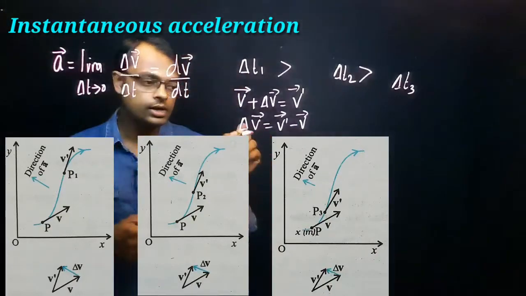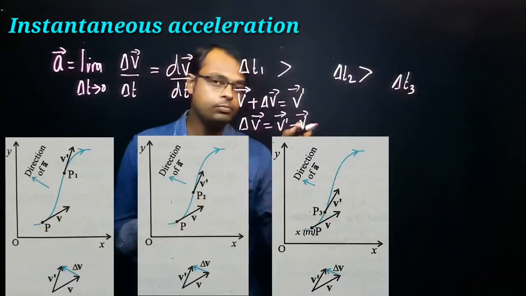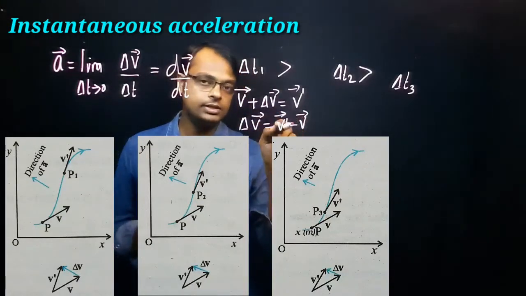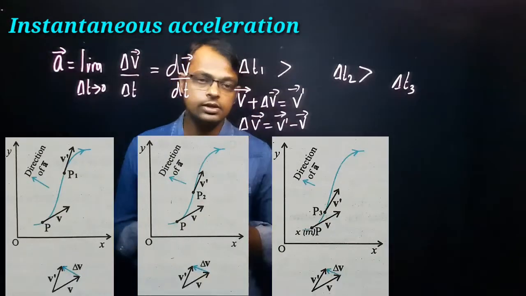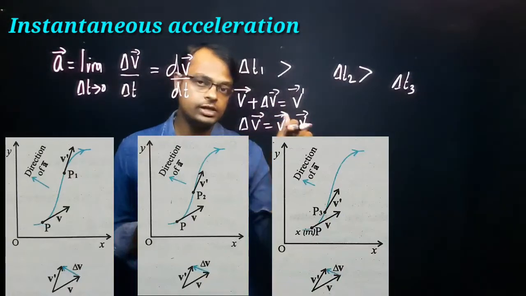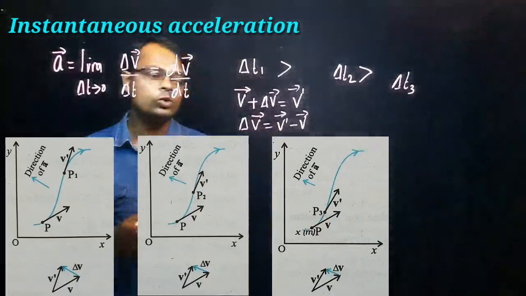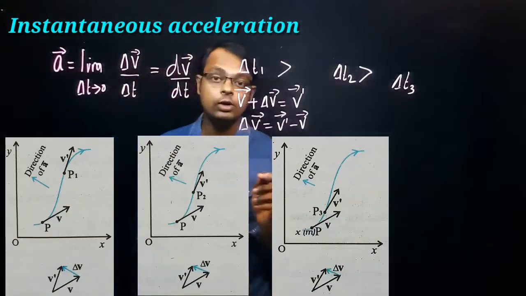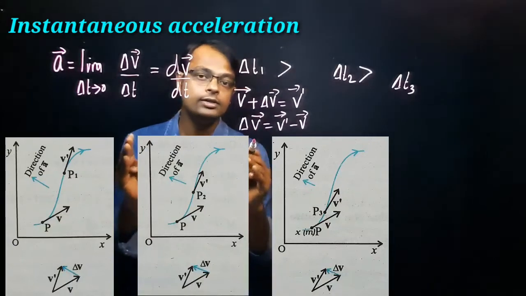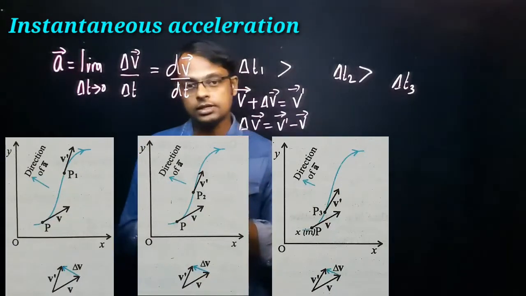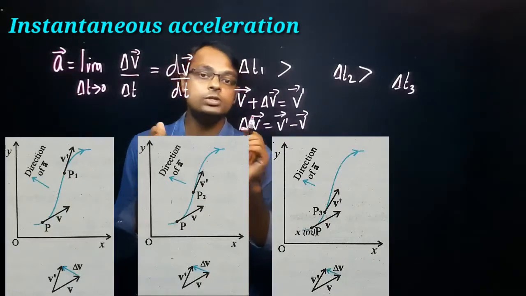Again we have constructed two points there, one is P and the other one is P3. At those positions we have drawn the tangent and we got the velocity as v vector as well as the v dash vector. Again by using the v vector and v dash vector, we have constructed the triangle of vector addition, and here once again we got what? The change in velocity direction. So in the three pictures, what we have concluded is that the direction of average acceleration is the same as the direction of the change in velocity vector.